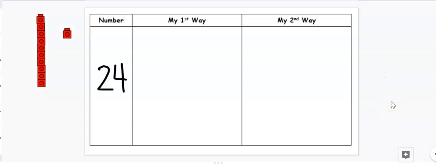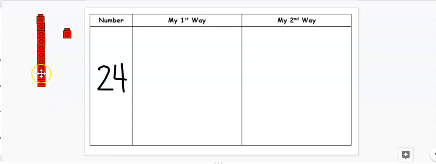Hi, boys and girls. Today we're going to work on building some numbers again, and we're going to look at different ways to build them. So you see our first number is 24, and we did this the other day, so we're going to use our tens. You see how there's 10 linking cubes together, and our ones to build it in two different